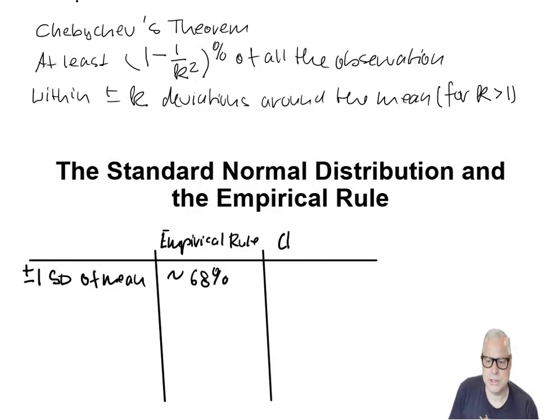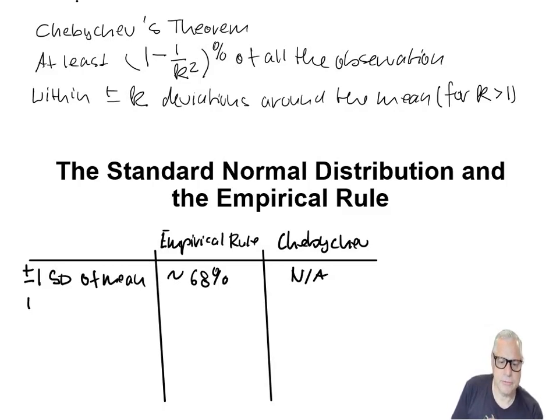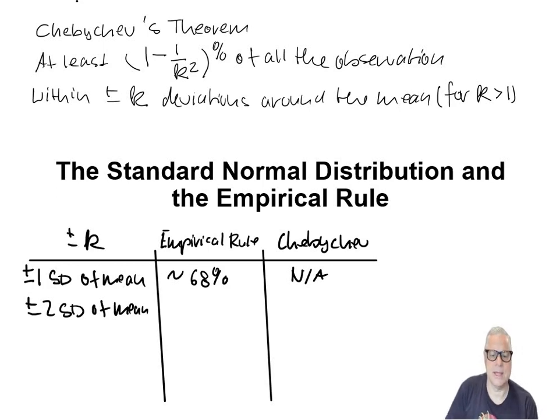According to Chebyshev's rule, it is not defined for one standard deviation, but for plus minus 2 standard deviations of the mean. Okay, so this is the k here, or plus minus k, the number of standard deviations around the mean. Then by the empirical rule we have roughly 95%,